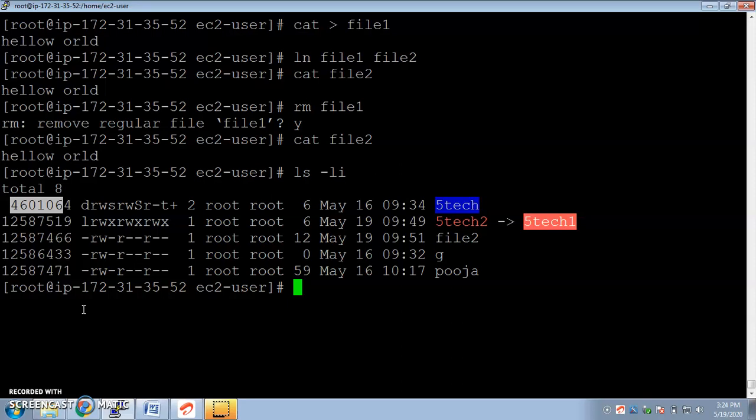What is the purpose of an inode? Inode numbers store file information. Inodes are divided in two parts. First part contains owner, meaning the person who creates the file. Next is permission, meaning read, write, execute.